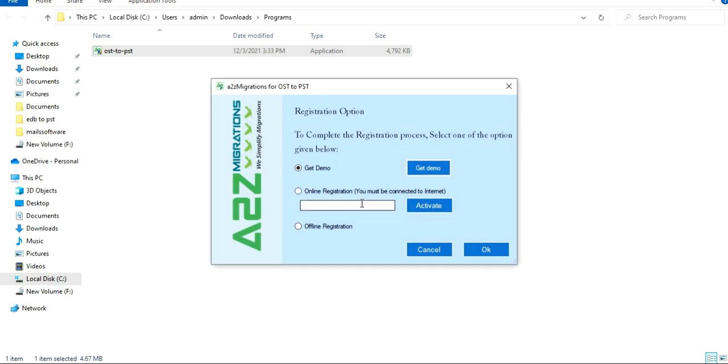Now you will need to enter the key that you received from their team. For now I am using the demo version to show you how to proceed with the conversion. You can use the key to activate and can use the full version of this tool.